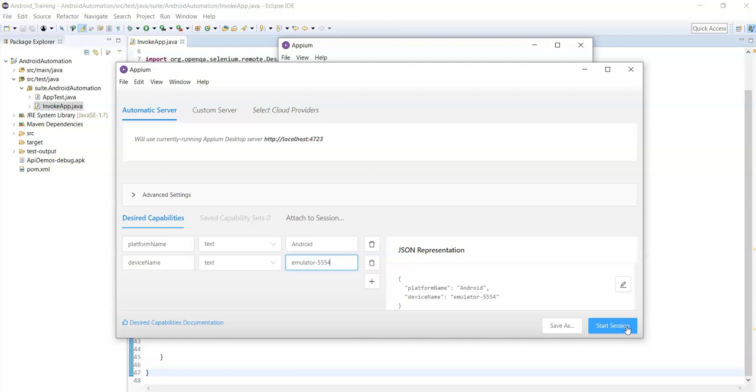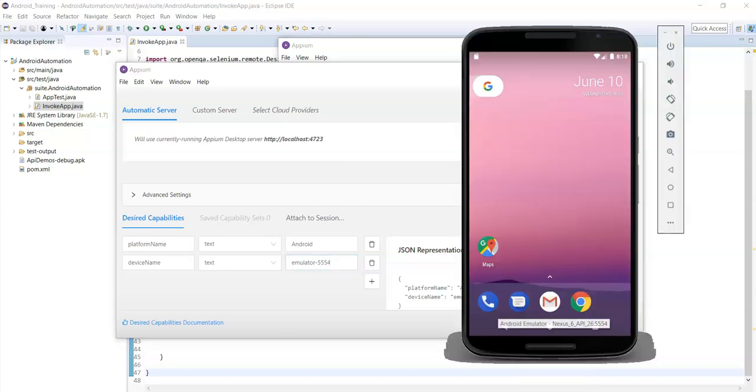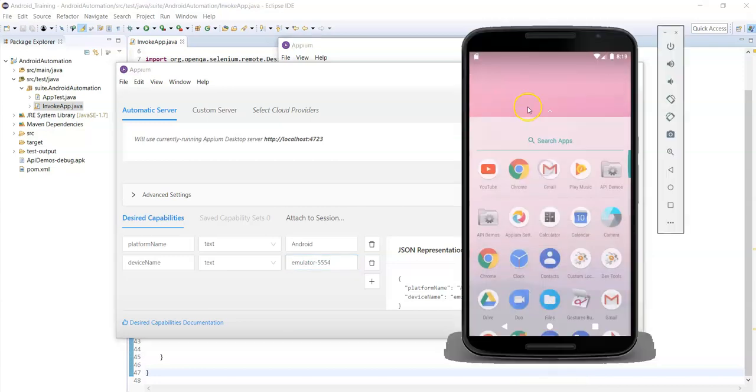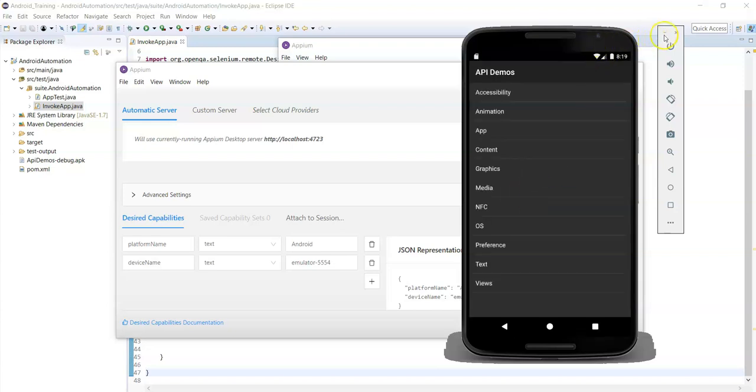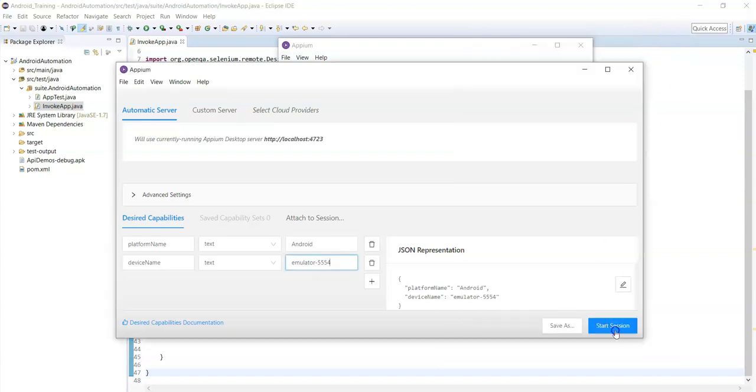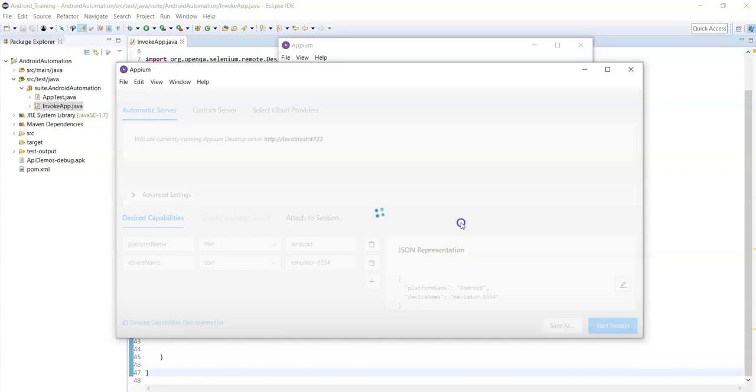Before clicking start session, you need to open the app in the emulator or device. Open the app on emulator or real device and then click start session. It will capture the screenshot of the app which is currently open in the emulator.